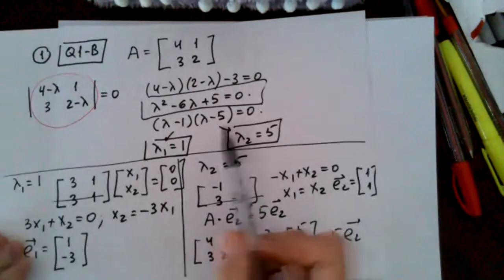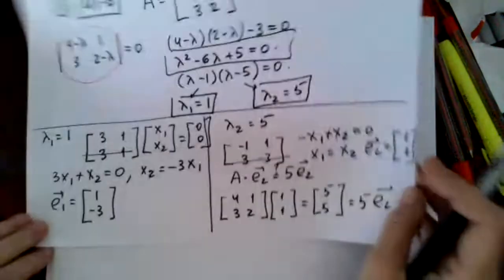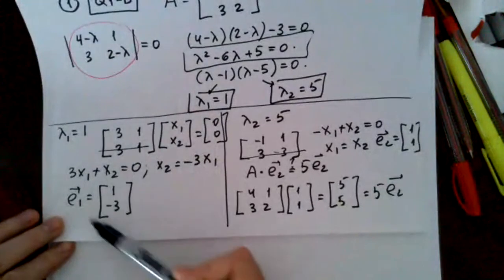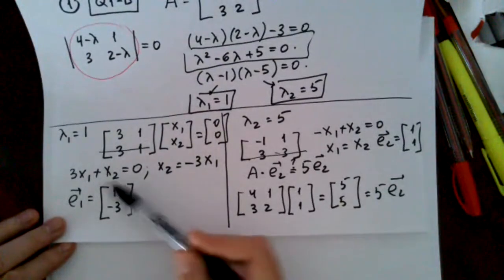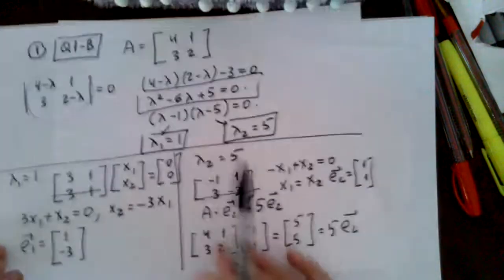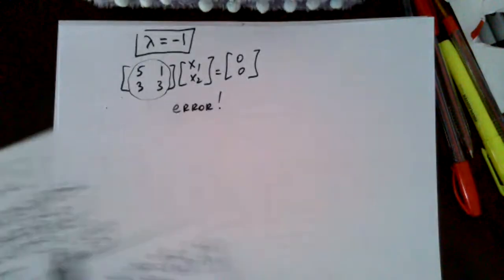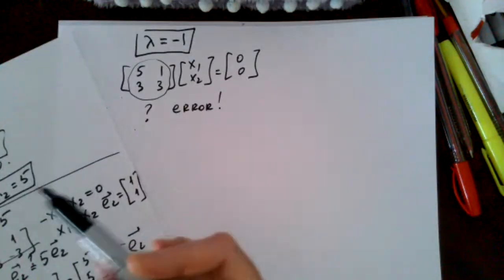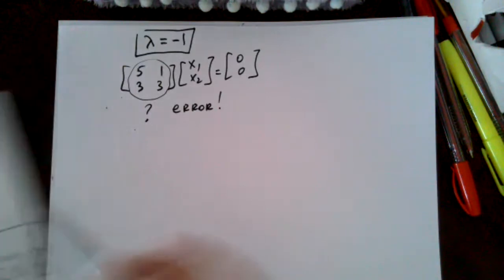I hope it was quite inspiring. And as well as for checking your lambdas, you already know this technique for your eigenvectors. If this definition doesn't work, so A times E is not equal to lambda times E, it means that you have another sort of error. You have an error when calculating your eigenvectors. Okay, so it is a sort of introductory example